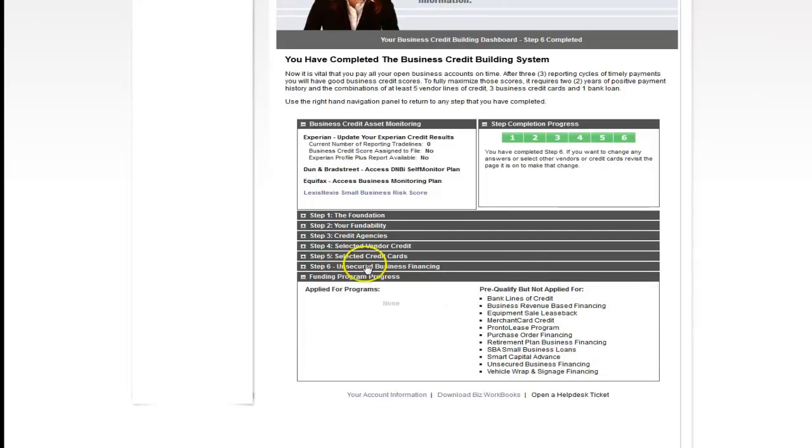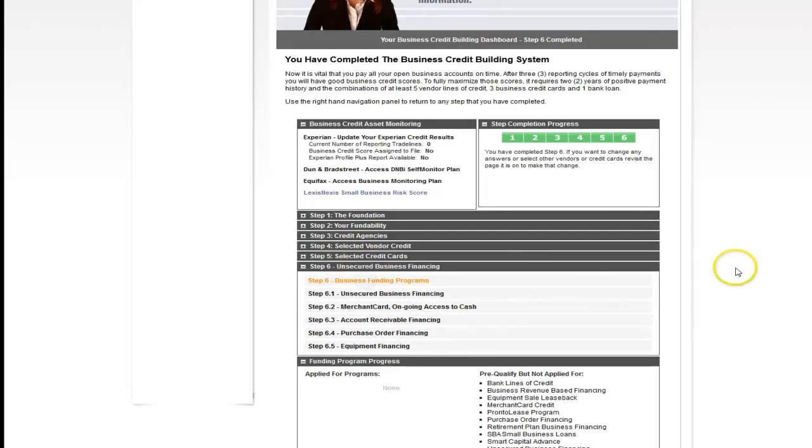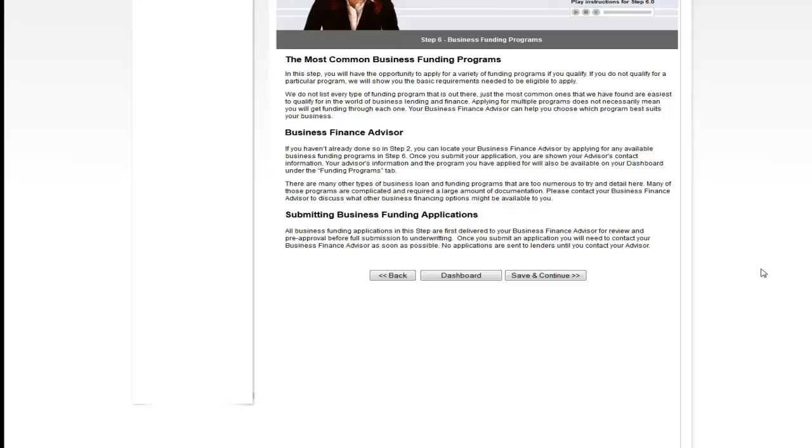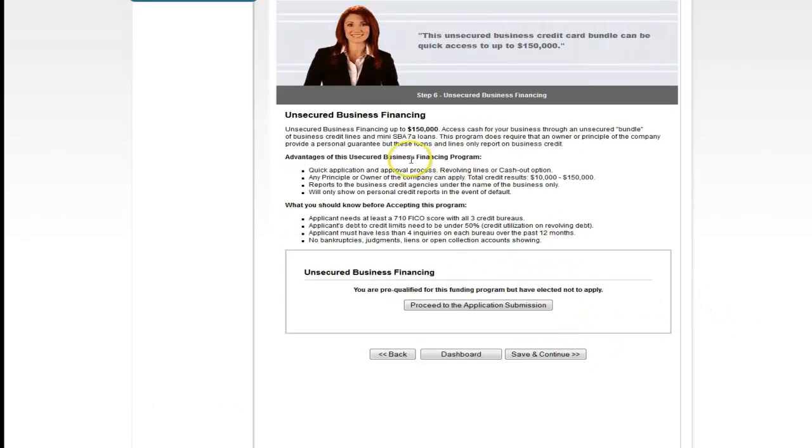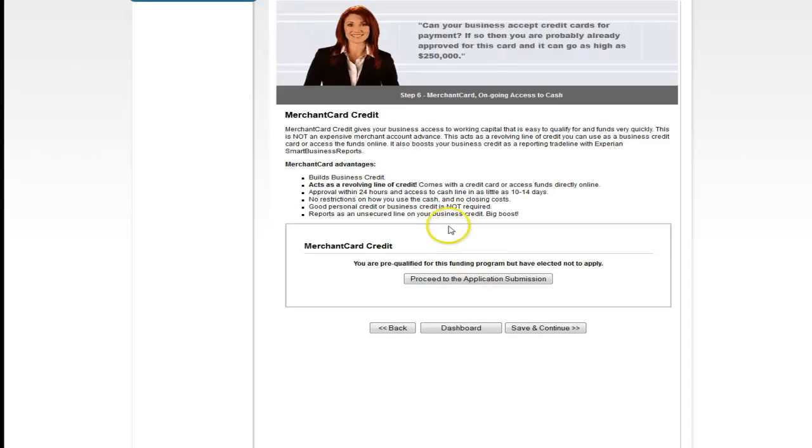And step 6, what they're doing in step 6 is just coming back to funding. Because now they've built their business credit profile and score, step 6 takes them all the way back to a lot of the funding options. Because now they're going to have a much better chance of getting approved for funding in their business name, not